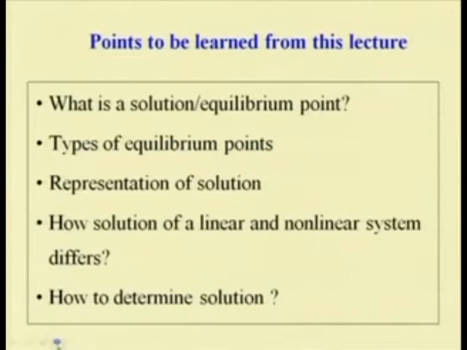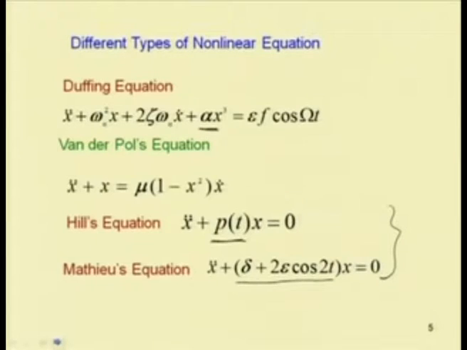In the case of the equilibrium point or steady state, for example in the Duffing equation, at steady state it will no longer be a function of time. So if you neglect the velocity term and the acceleration term and find the remaining terms, that will give you the equilibrium points of the system. So for equilibrium points we can put the time varying terms to be 0, and we can find the steady state solution or the equilibrium solution of the system.